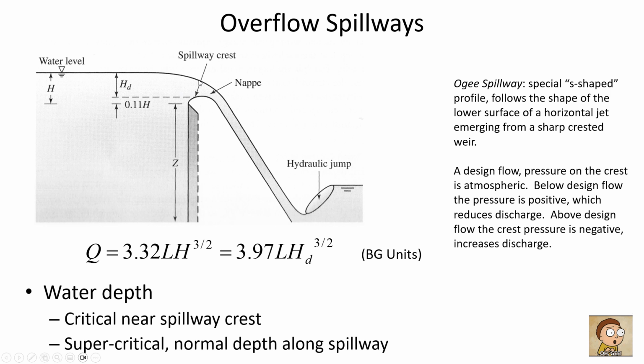And so you'd have a positive pressure at the spillway crest, which actually reduces the flow rate and increases the depth more than it would be if it was just a sharp-crested weir. And then the reverse is true above the design flow. I'm sorry, I might have said that backwards. Above the design flow, the pressure